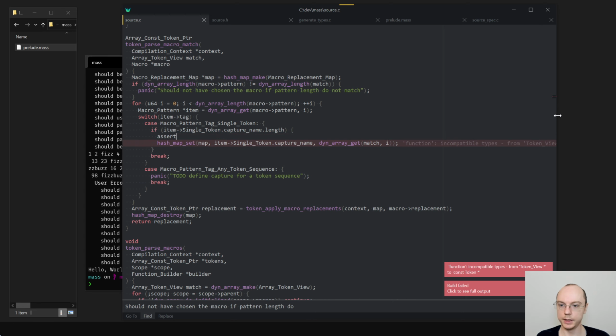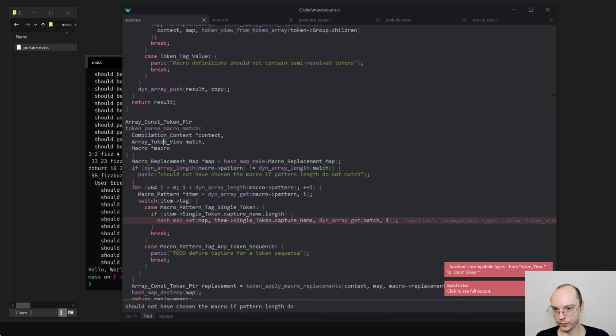Well, here we can say assert that, let's do it like this. Token view single token view. Maybe I'm doing it wrong. Maybe the other version was actually better.